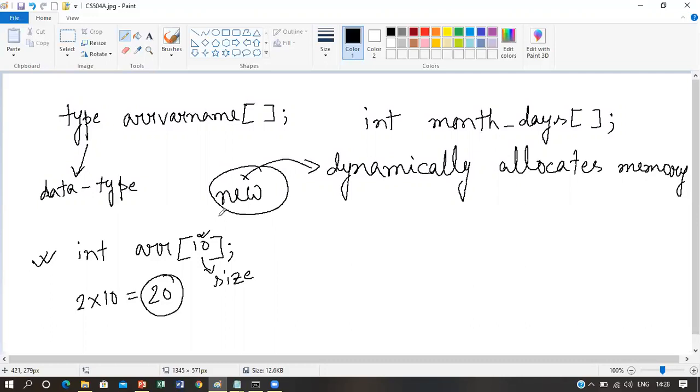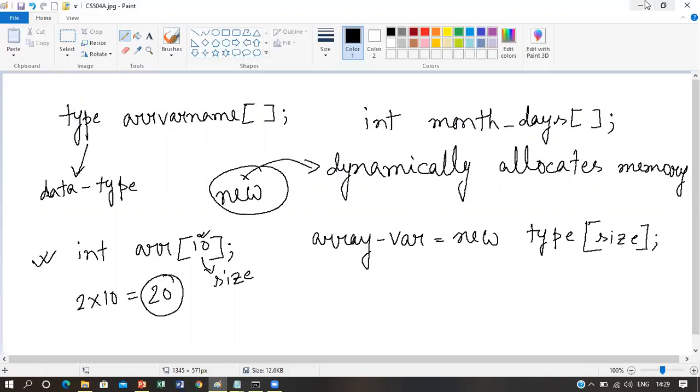So the general form, or the syntax, of using the new operator for array memory allocation is like this.